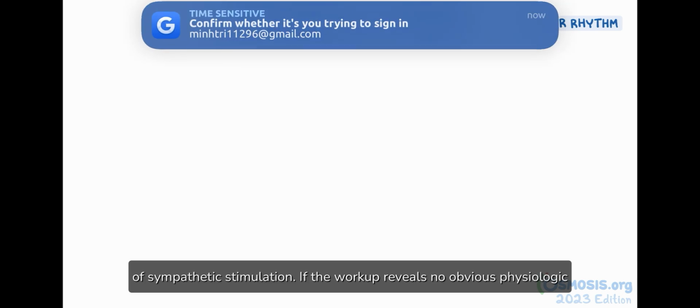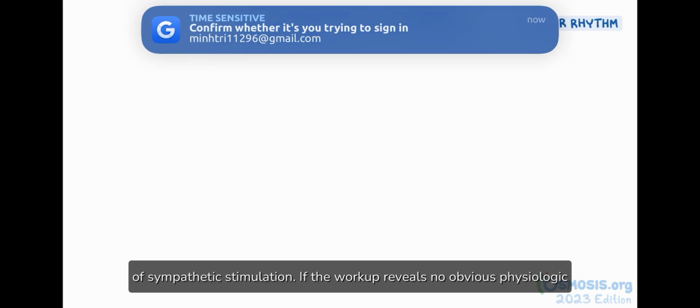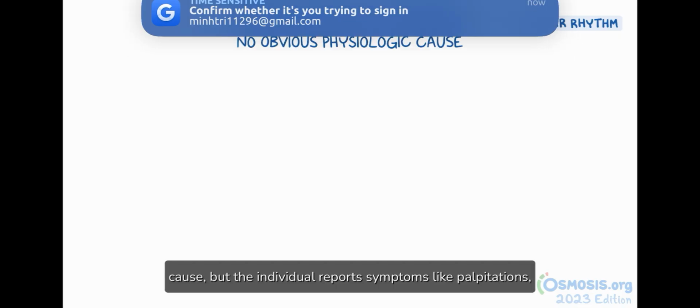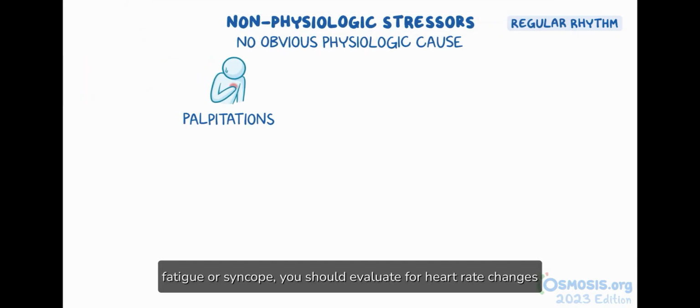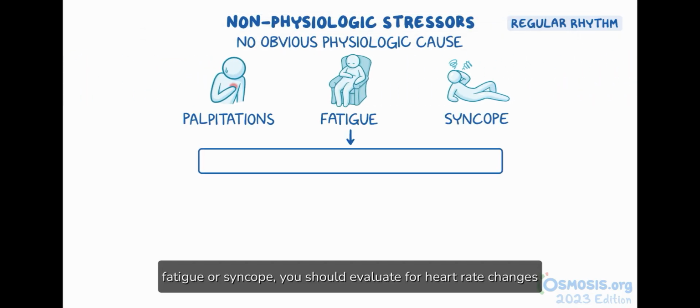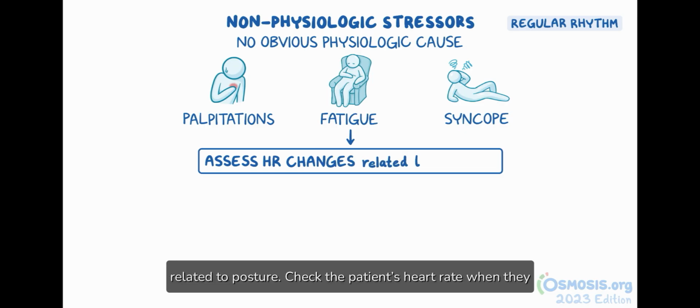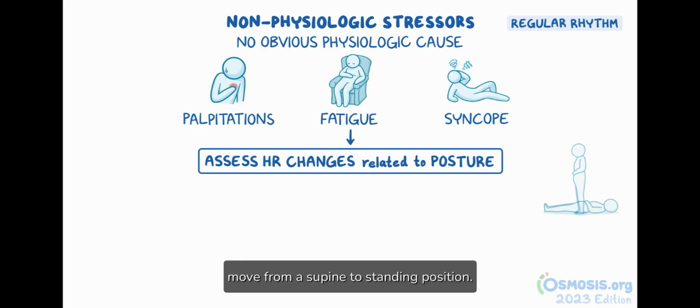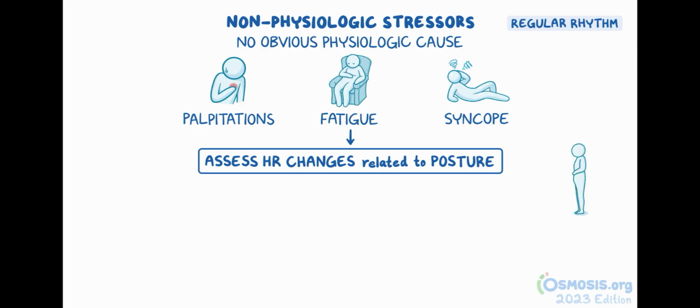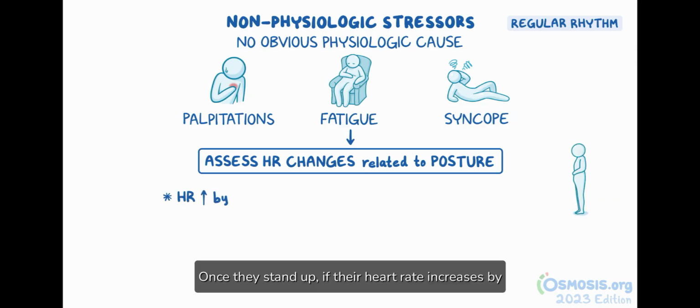Now, let's go back and take a look at non-physiologic causes of sympathetic stimulation. If the workup reveals no obvious physiologic cause, but the individual reports symptoms like palpitations, fatigue, or syncope, you should evaluate for heart rate changes related to posture. Check the patient's heart rate when they move from a supine to standing position. Once they stand up, if their heart rate increases by 30 beats per minute from baseline, or if it exceeds